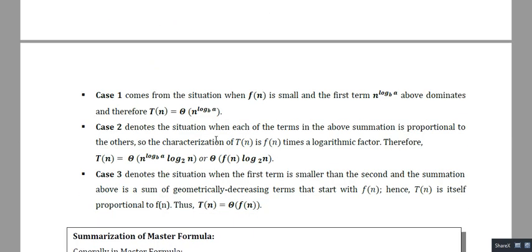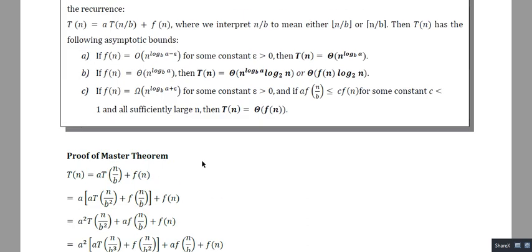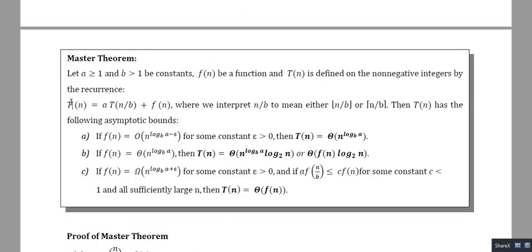Okay, so let me tell you how to find the solution of this kind of recurrence. Out of these two, either this one will be higher, or this one will be higher, or both will be equal. So for three different cases we will have three different solutions. Let us take the first case. Just remember, the first term is a T(n/b), the second is f(n).